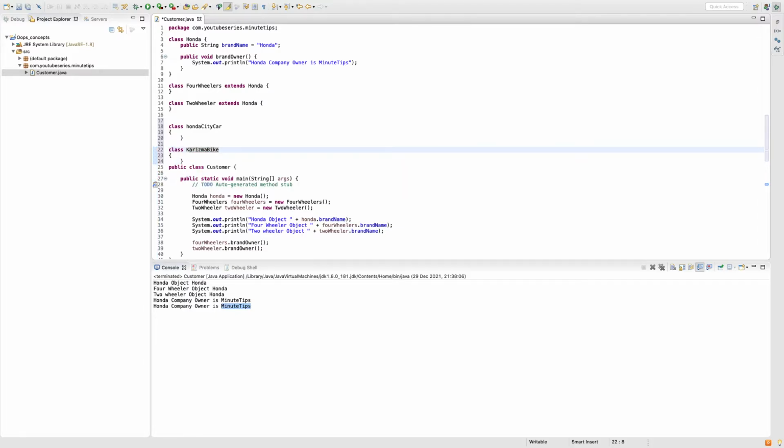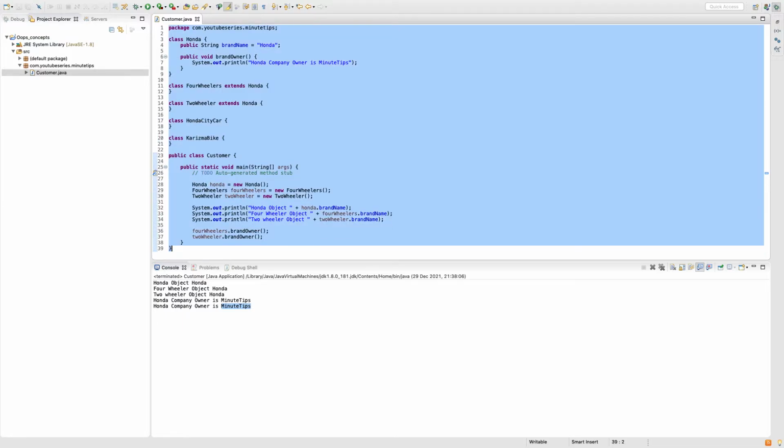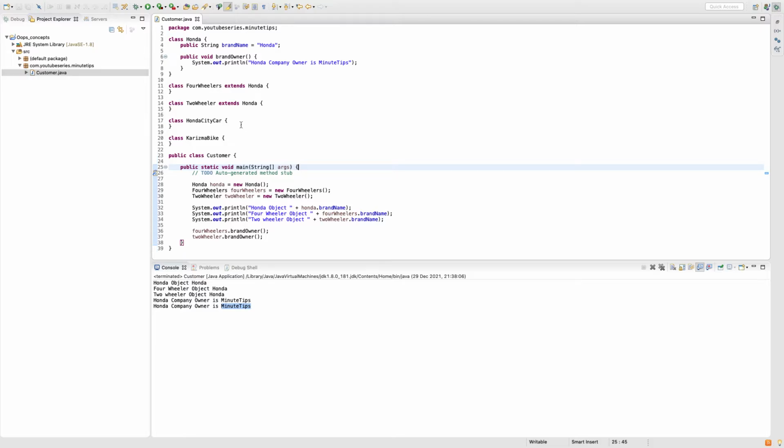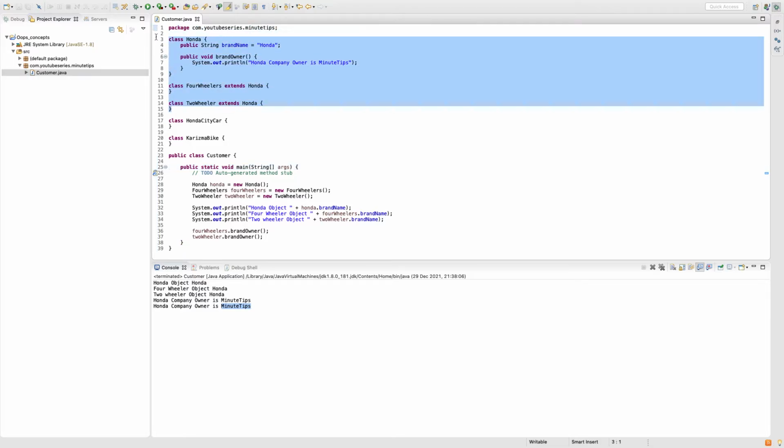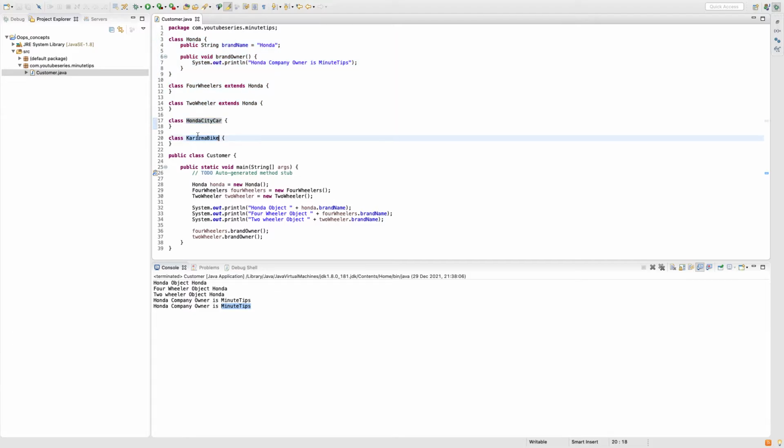Let me just follow the naming convention, H capital, save, and let's format it. Perfect. For now, let's forget about this part and concentrate on our two classes, HondaCity car and Karizma bike.